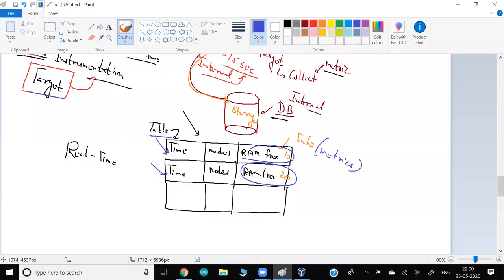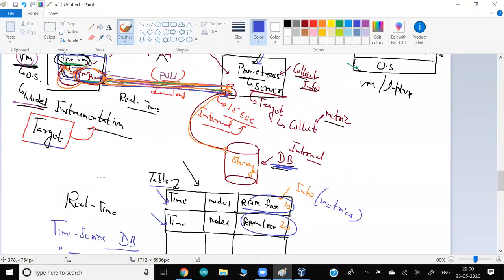This kind of database is known as a time series database, also known as TSDB. So technically Prometheus stores its data in a database, and that database is called a time series database.